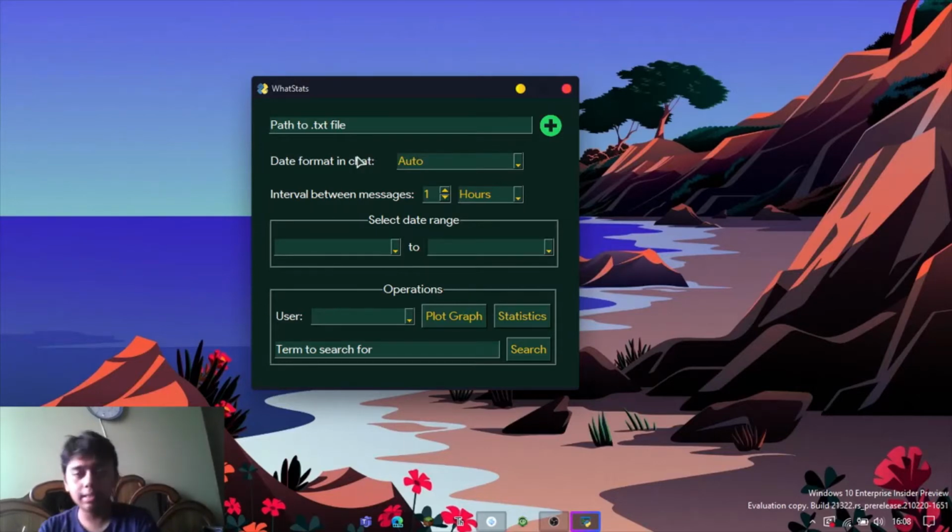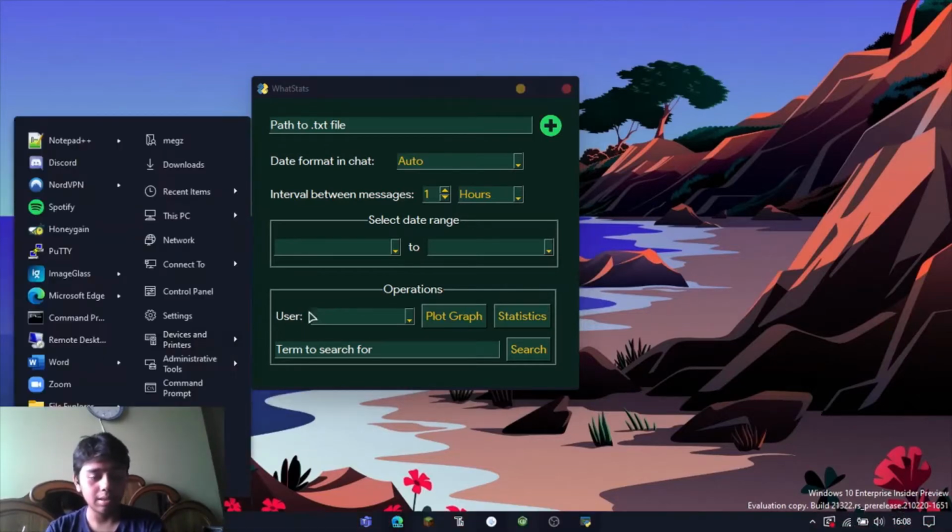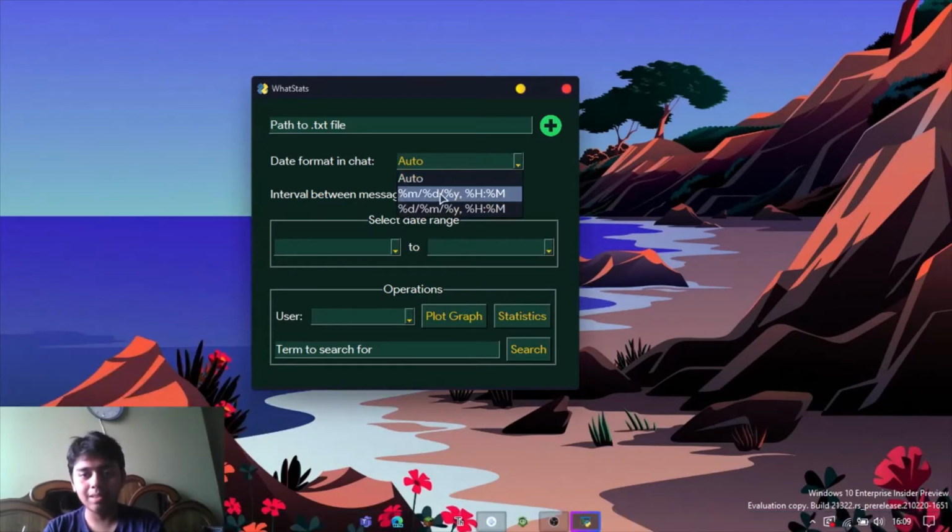The date format: WhatsApp does not have a universal timestamp. The timestamp in the chat files varies from operating system to operating system. For example, in iPhone and Android, the timestamps are different, and even in Android, different phone models have different timestamps. I just have access to limited phones, so I've hard coded in the options the timestamps that I've seen on my system,